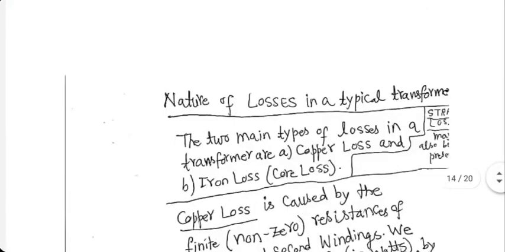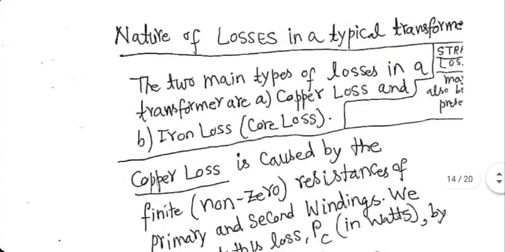Nature of losses. Again, something has been cut during the scanning, but it is a statement about stray losses, which we are going to ignore. On the right hand side, probably you will not be able to read everything, but take it from me that it is about stray losses, which we are ignoring. The two main losses are copper loss and iron loss. They are both measured in watts. Iron loss is also known as core loss. And iron loss has two components, eddy current loss and hysteresis loss.